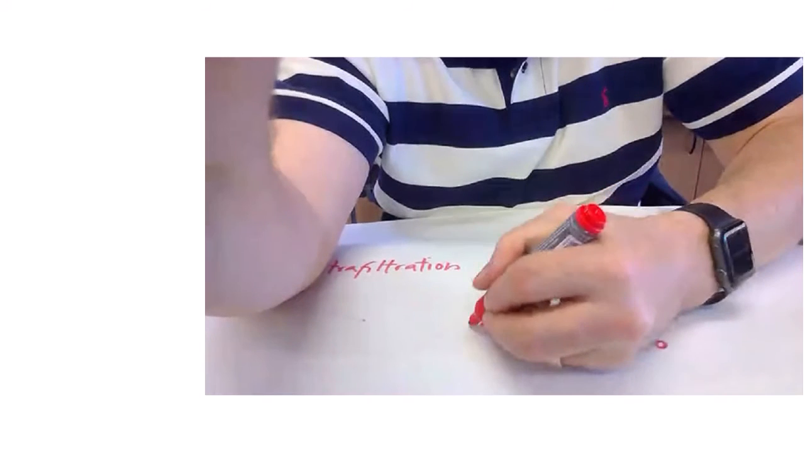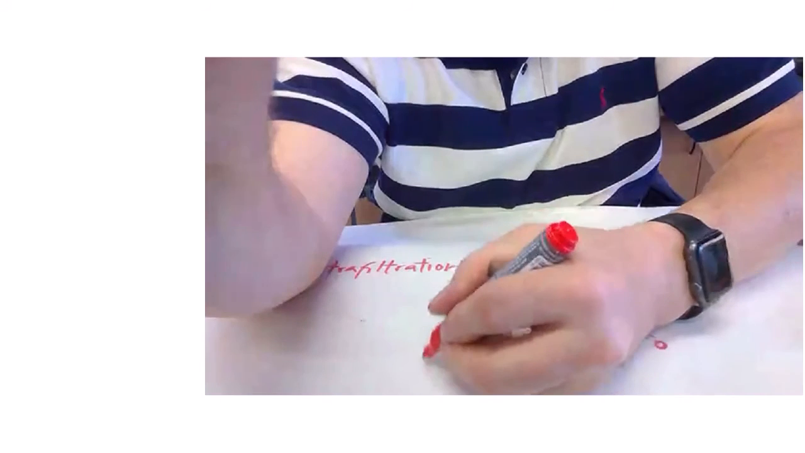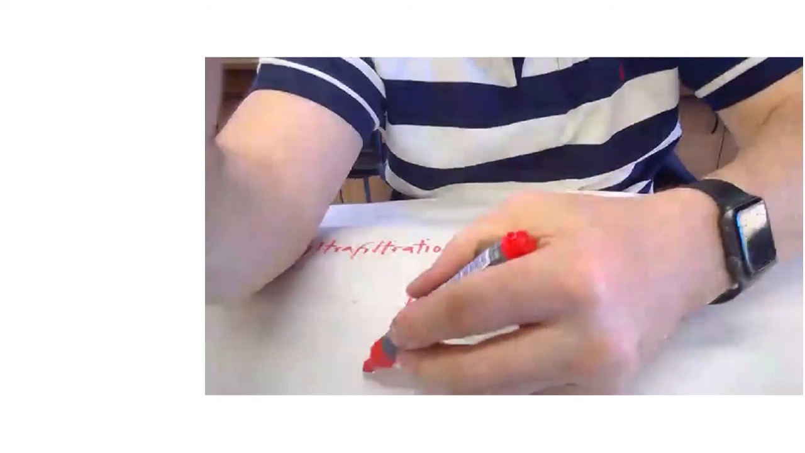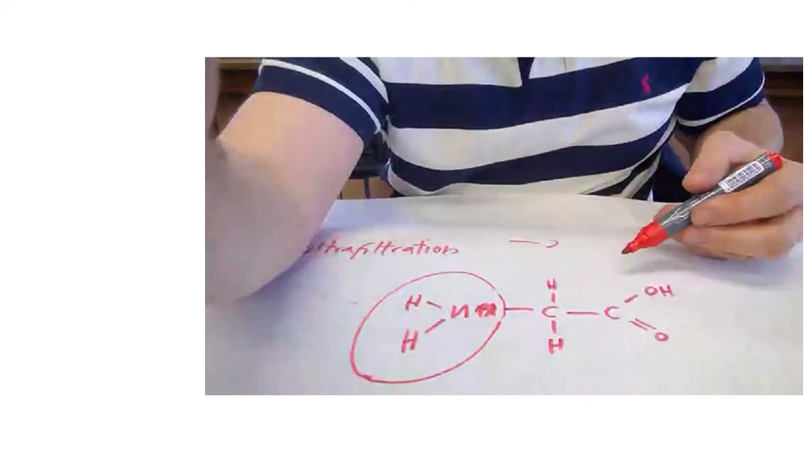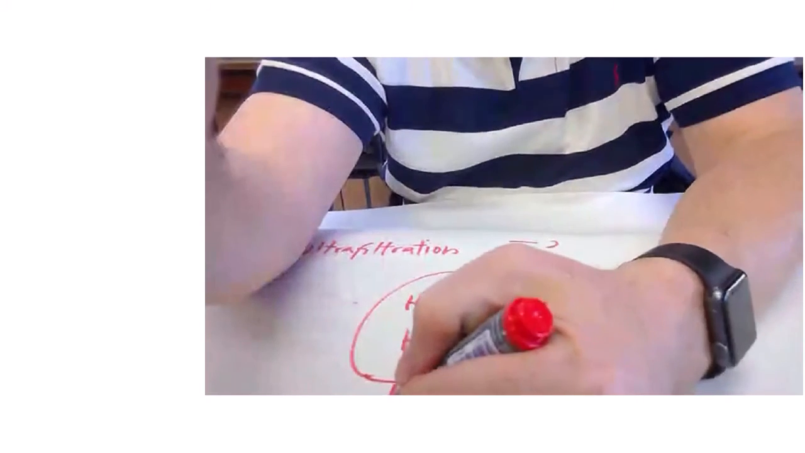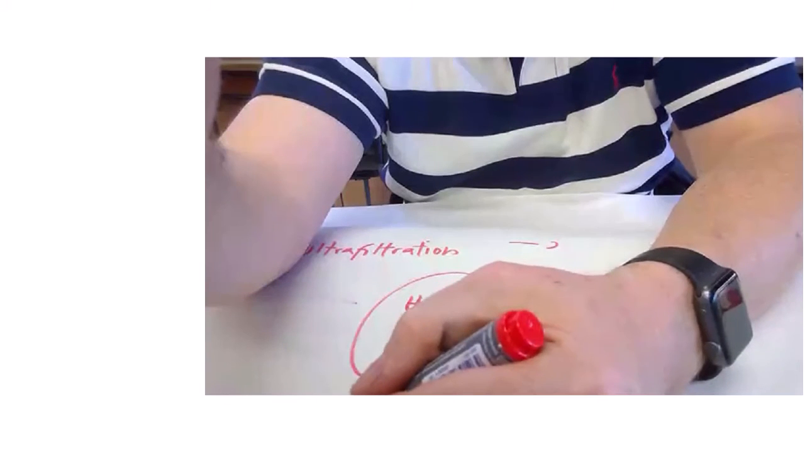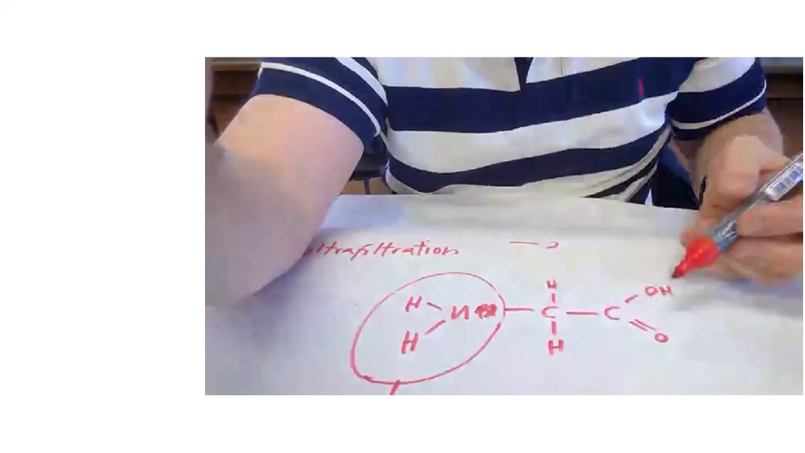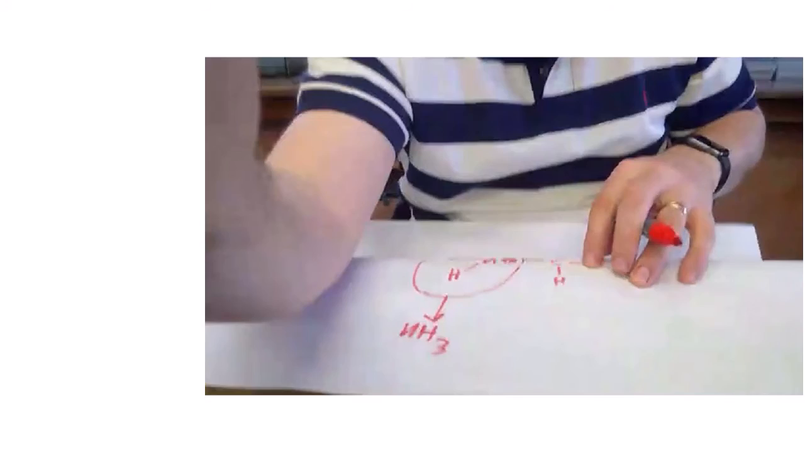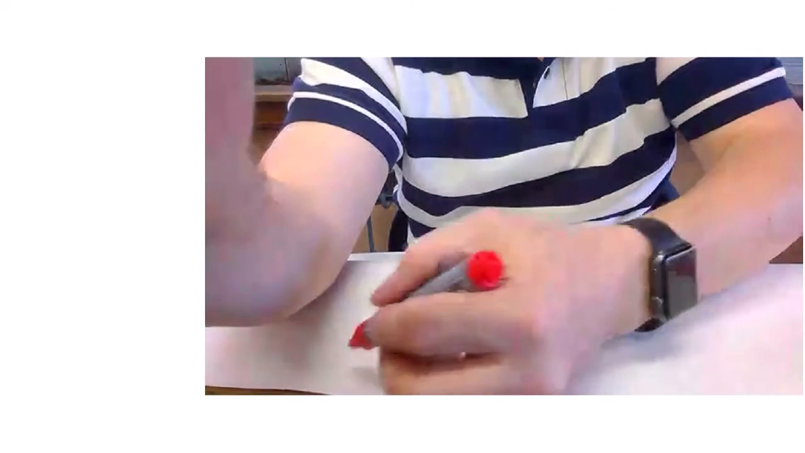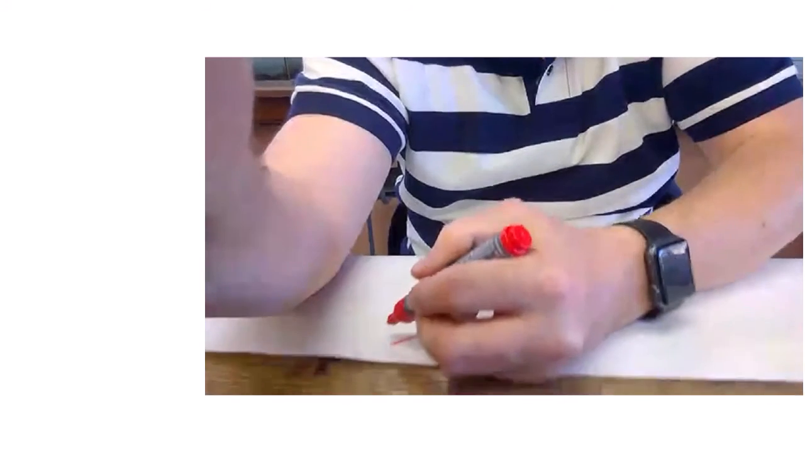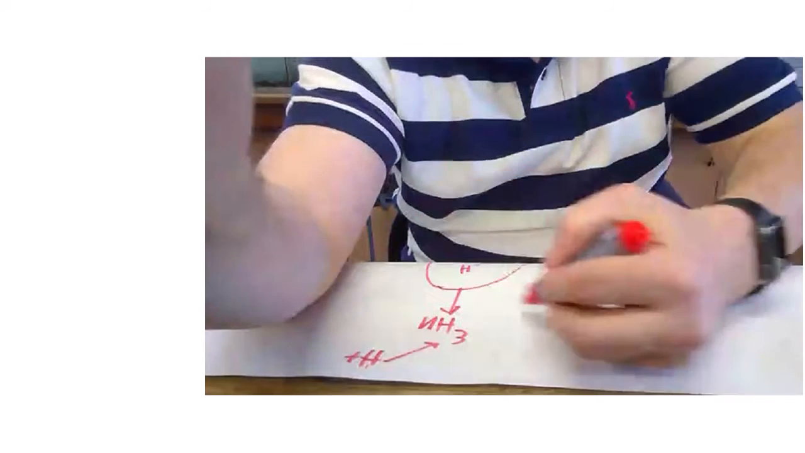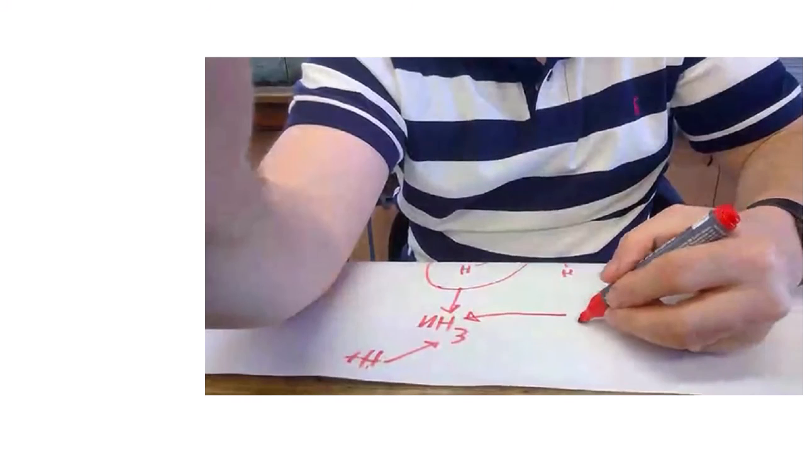So if you take an amino acid, there's an amino acid, and that bit first of all becomes NH3. Where does it get the extra H from? It gets it from probably H+ or something like that. And the liver then adds CO2